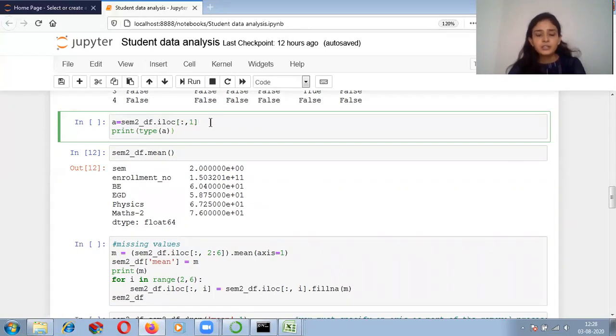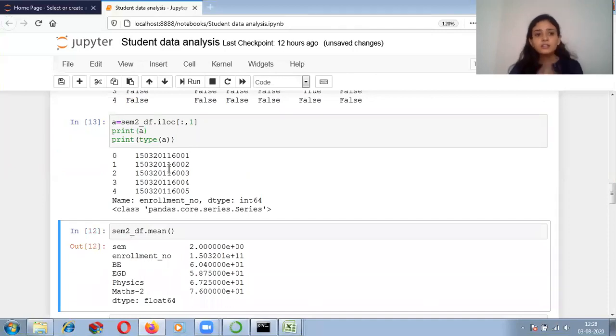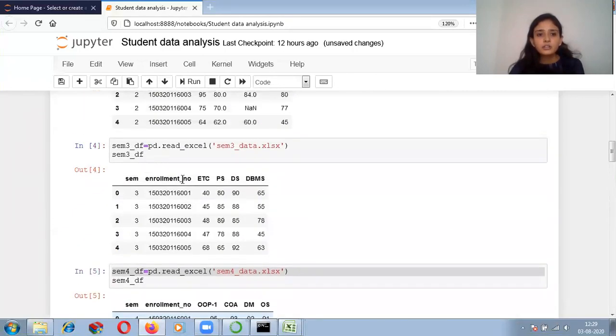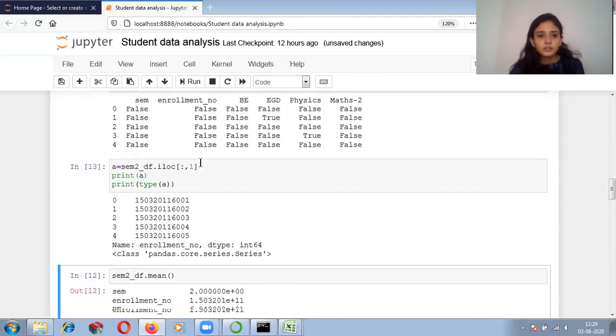And I am printing the type of A and I am printing the A also like this. So let's run this code. Then you can see that you are getting in output the column at index position 1.